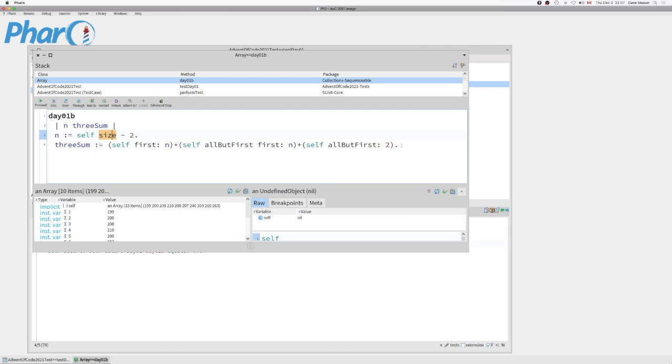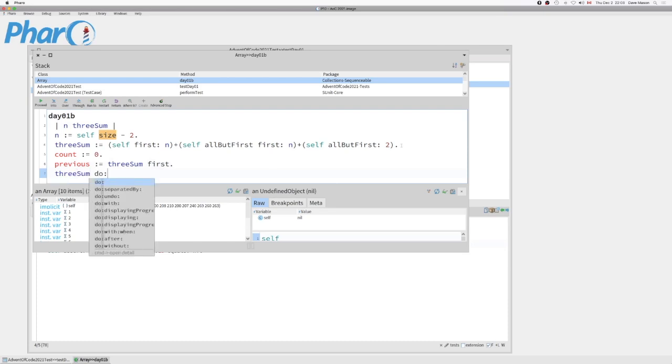We want to set count to 0. I could go and copy the code, but it's almost as fast to type it. And previous was threesome first, and then threesome